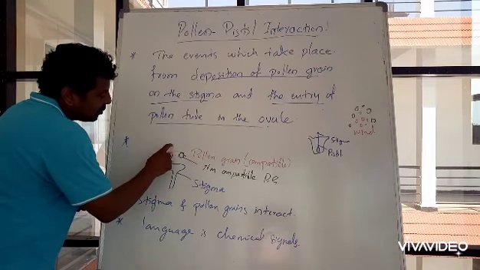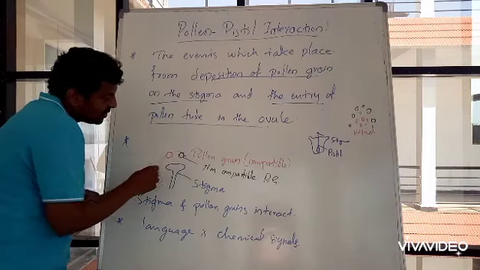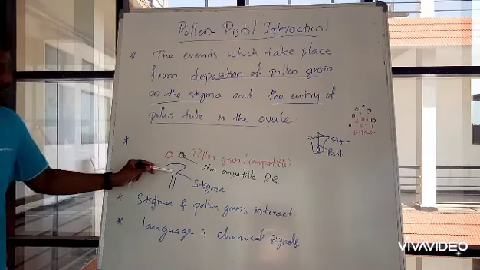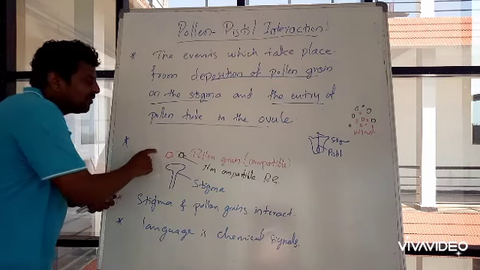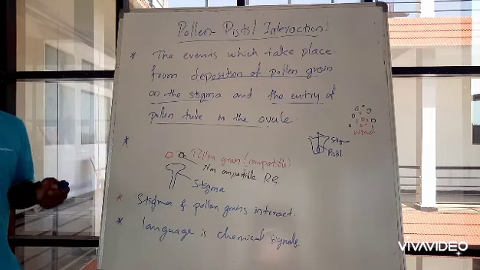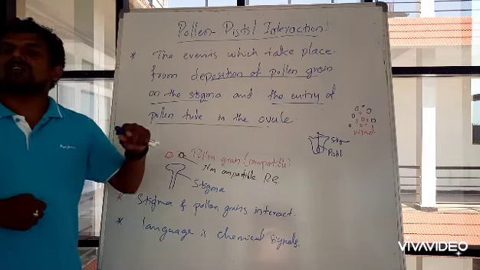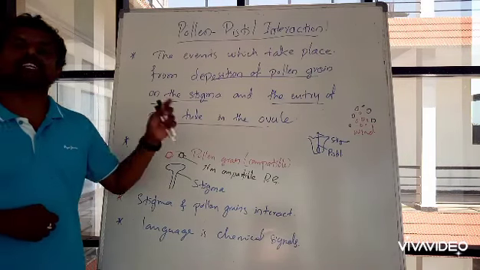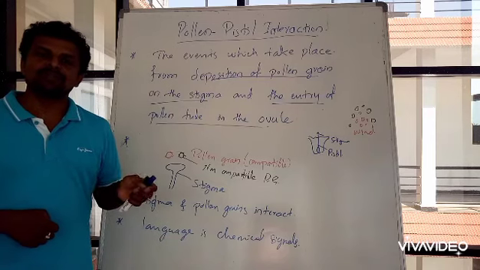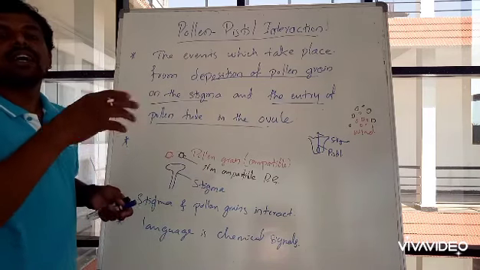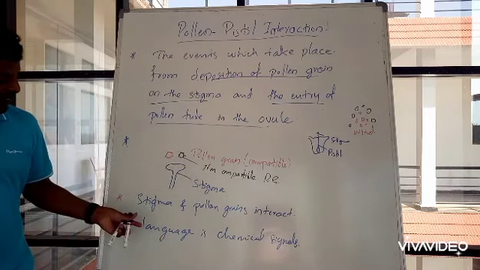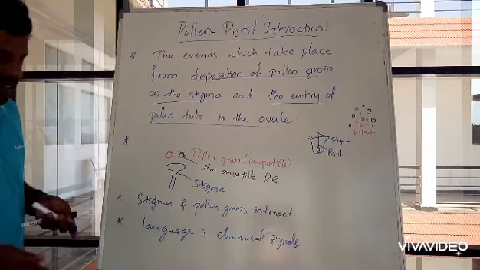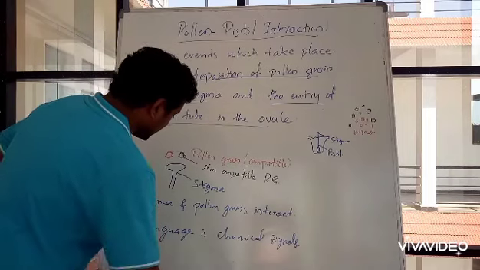Whenever both the compatible as well as the incompatible pollen grains fall on the stigma, the stigma will interact with the pollen grains and ask whether you are compatible or not. It will only receive the compatible pollen grain and it will reject the incompatible one. So this interaction generally takes place with the help of chemical signals. So this is the first event which is occurring. So the next event is